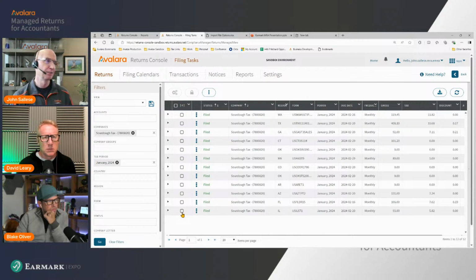Avalara will actually automatically, well, we're probably going to call you if we don't hear from you at all. But if we don't hear from you and you ignore us completely until the 10th of the month, we're actually going to auto approve whatever's in there. And we do that as a fail-safe, as you can probably imagine. We're going to auto approve, and whatever's in there, we're going to file and pay. And normally that causes the clients to reach out at that point and ask what's going on if there's an